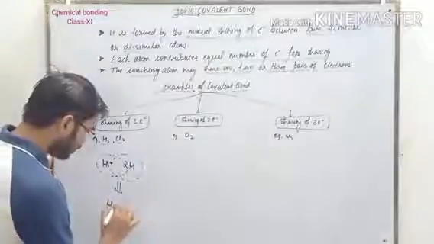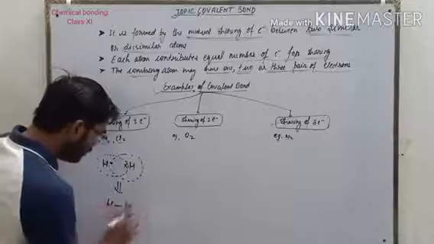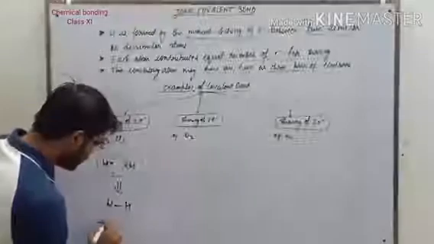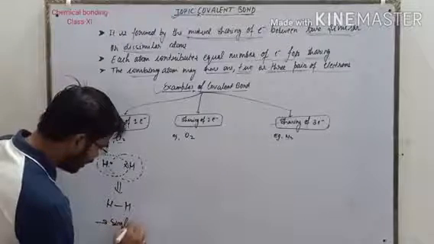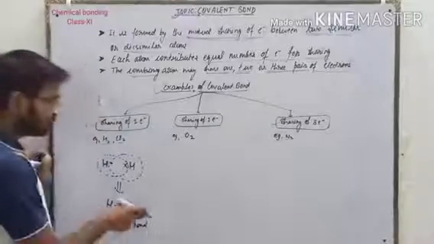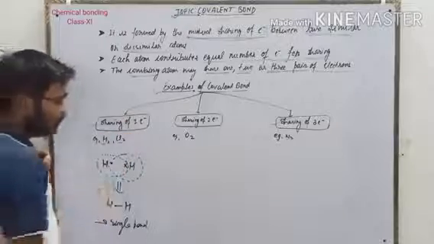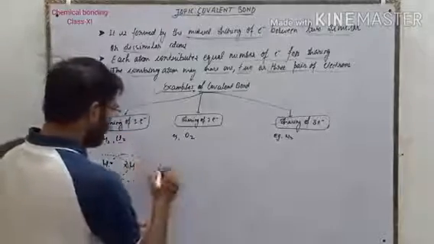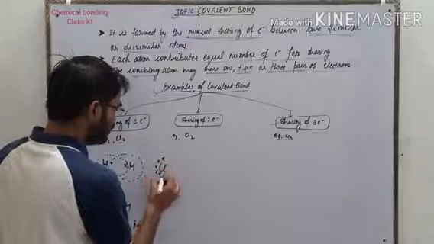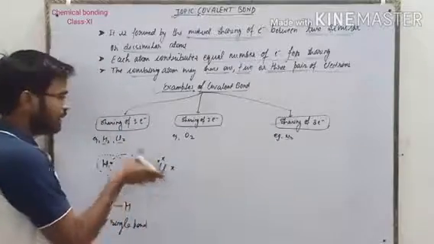So we can show a single line between the 2 hydrogen atoms, and this single line is known as a single bond, the single bond between the hydrogen atoms. Like the hydrogen atom, chlorine also forms a single bond, because in chlorine there are 7 valence electrons: 1, 2, 3, 4, 5, 6, and 7. So to complete its octet, it needs 1 electron.